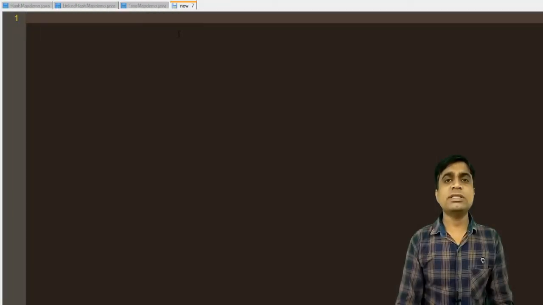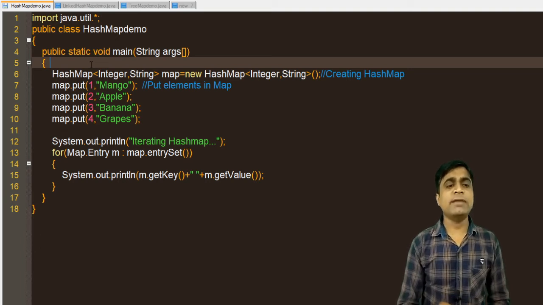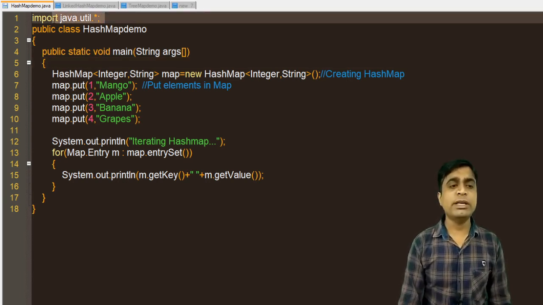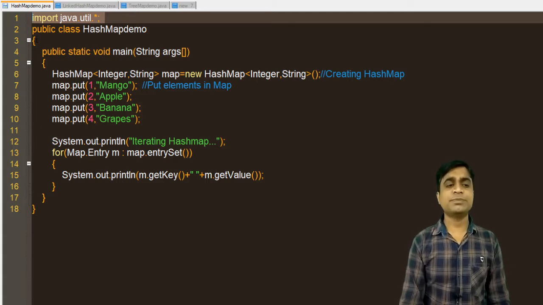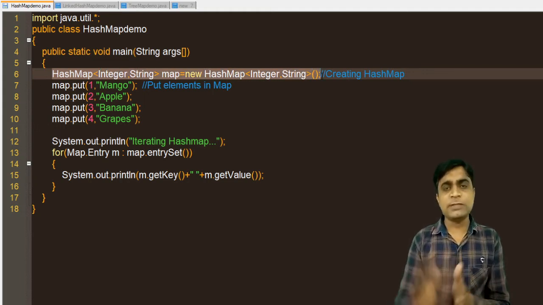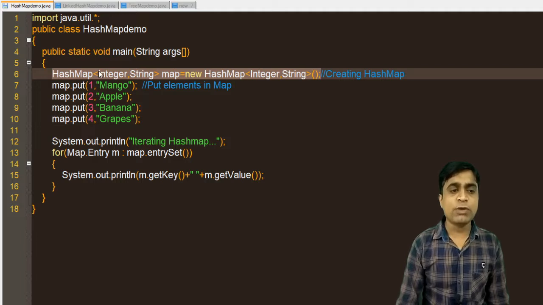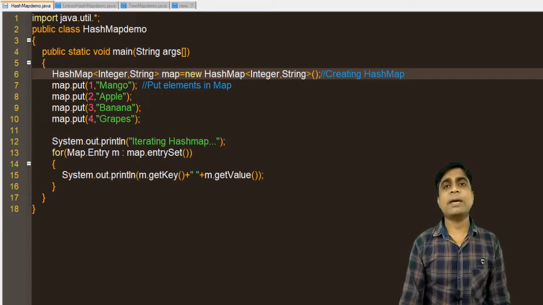Now in this session I will show you the example of the HashMap, then the LinkedHashMap and the TreeMap. So let's first see the example of the HashMap. It is a part of the java.util package, so we need to import java.util. Then in main, I am just creating the HashMap. You can see how to create it, because I am specifying the type of my key as well as my data. My key is in the form of an integer, that's why I am passing Integer, and the second value is in the form of a string, that's why I am passing String.